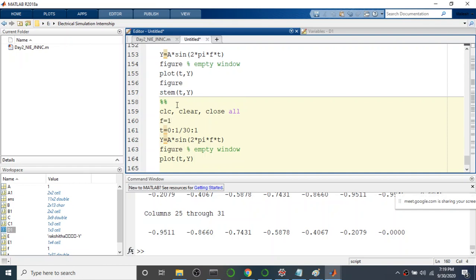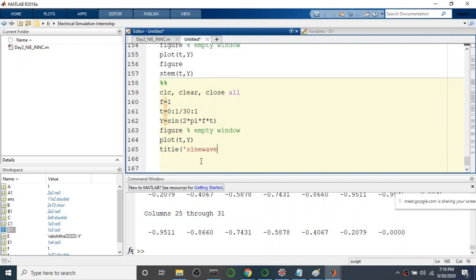Frequency is 1 hertz, and I'm going to remove this A part which is not required here. After doing the plot, if you want to give a title to your plot, you can give it as sine wave. Next, xlabel: for the X axis it is time samples. Then ylabel for the Y axis is amplitude.